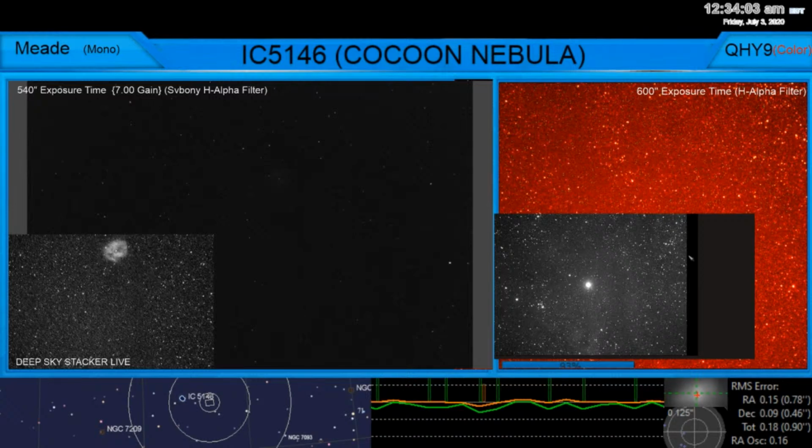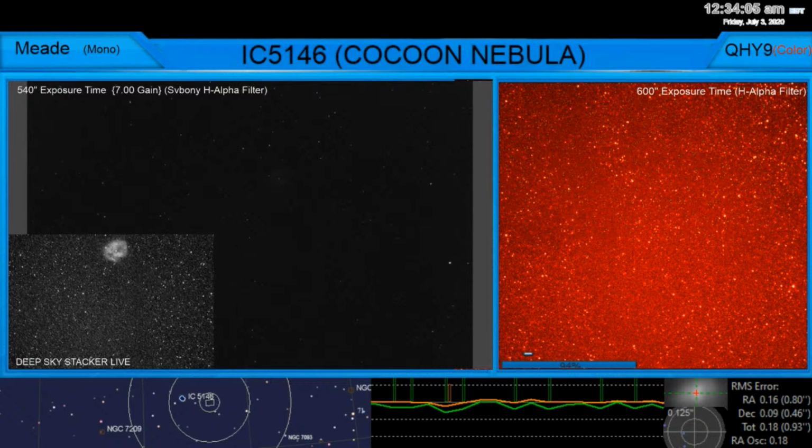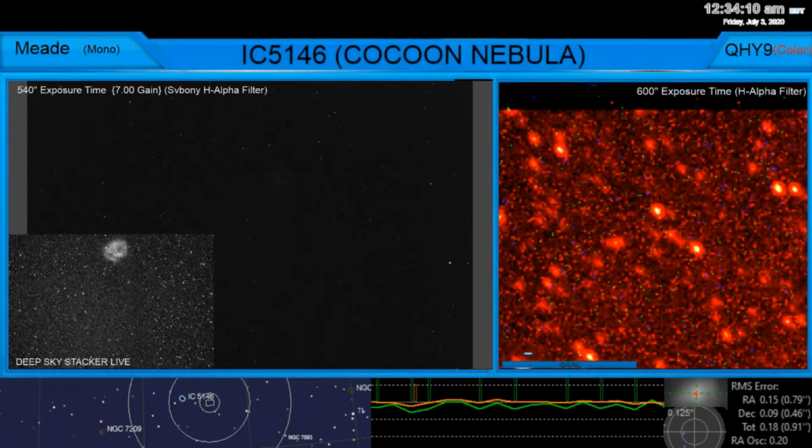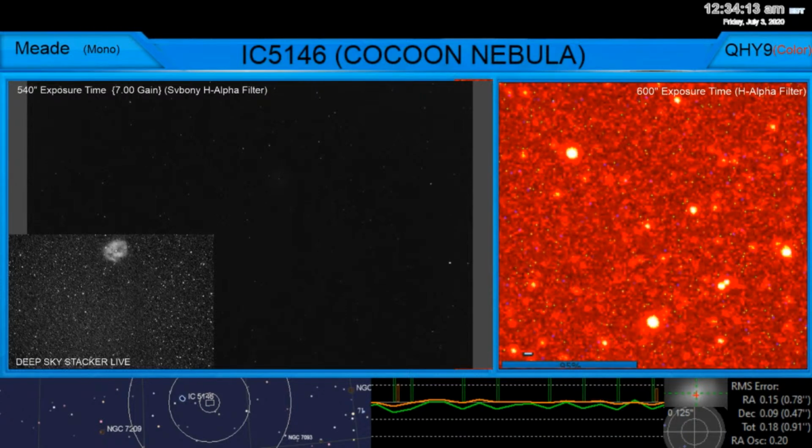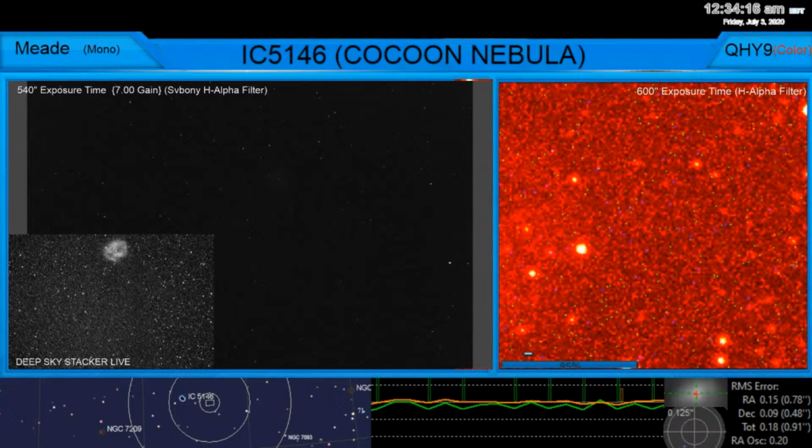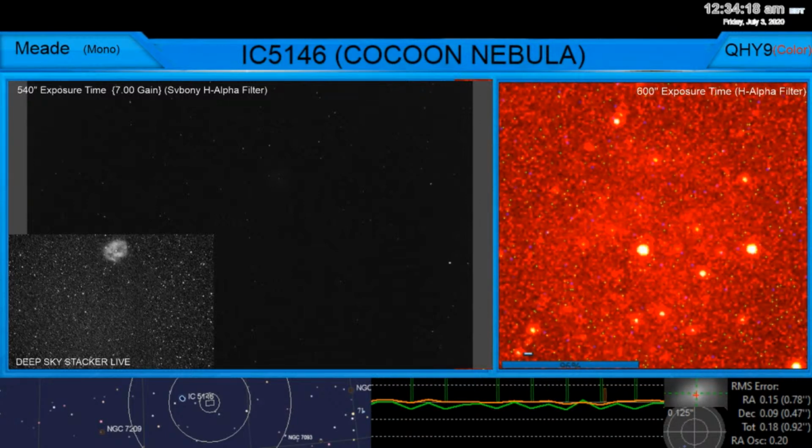Alright, so now what we'll do is we'll get rid of this here, because now the next image is coming up on the camera on the right. We're going to go to 2 times. So this is magnifying it 2 times. This is crazy. Magnifying it 2 times at the Cocoon. So you see the 2 bright stars in the Cocoon there. And those 2 bright stars